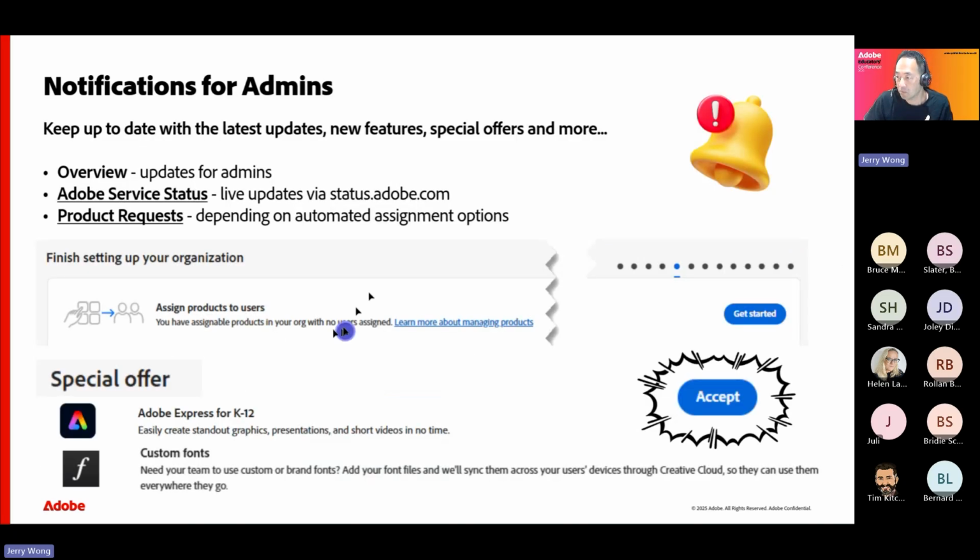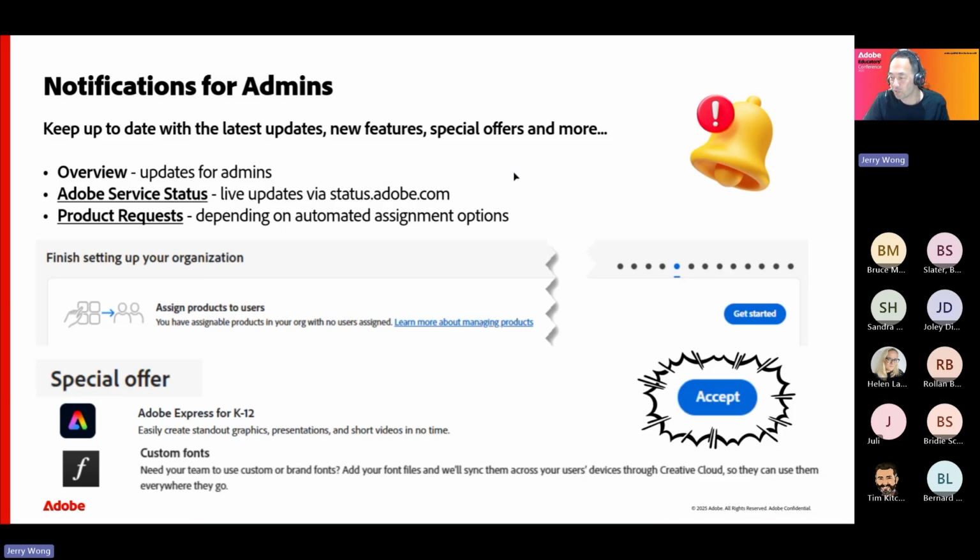Now looking at some of the other things that the console will provide you, it will often have notifications. You'll find that we all recognize that notification bell. It's in the top right corner of your console. There'll be a bell icon there, so whenever there's an exclamation or some sort of indication, that'll tell you how many unread messages you have.